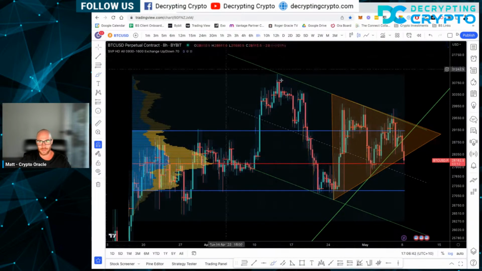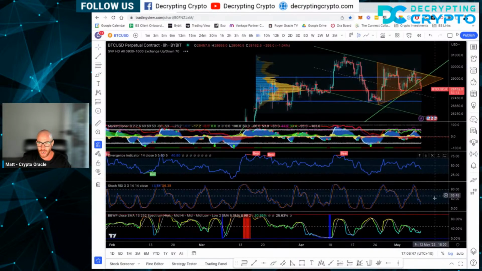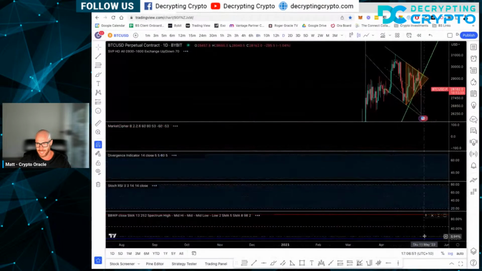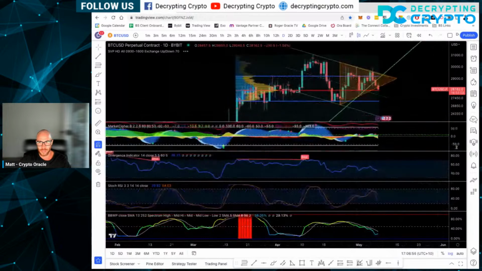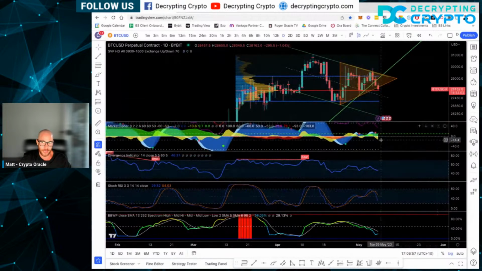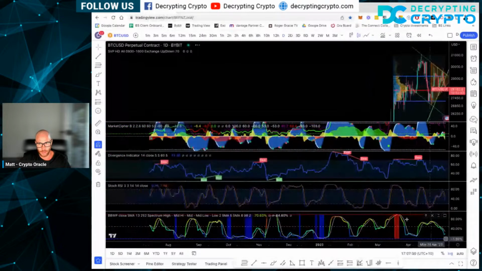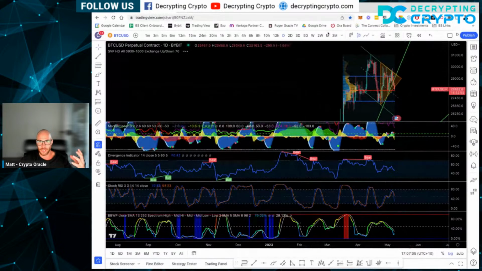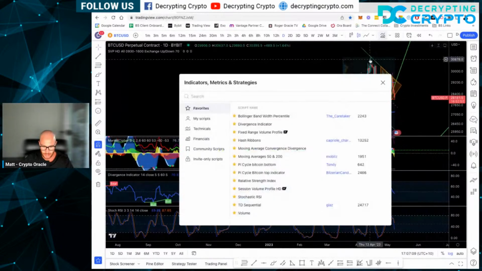My other indicators that I do use, so we've got Market Cipher, RSI, and stochastic RSI. The stochastic RSI on the daily is still pointing to the downside, so it kind of shows that we're going to get a large move. And the reason why we're going to get a large move is because the Bollinger Band width is quite low, which means they're consolidating. So if I just remove the Bollinger Band width and put on the normal Bollinger Bands,